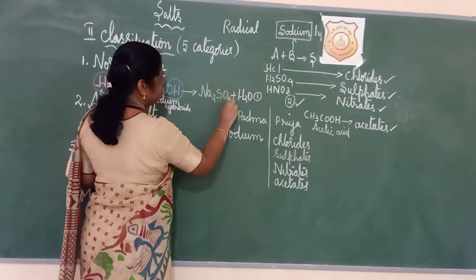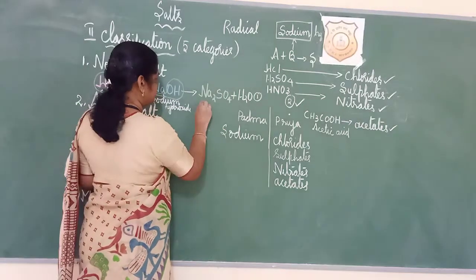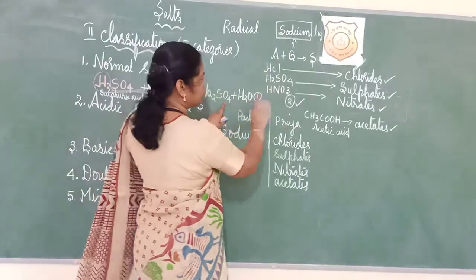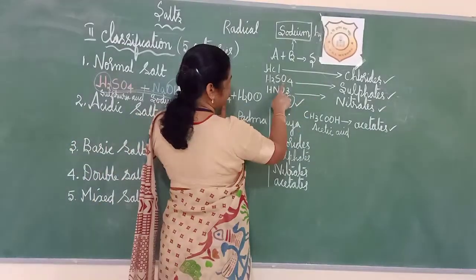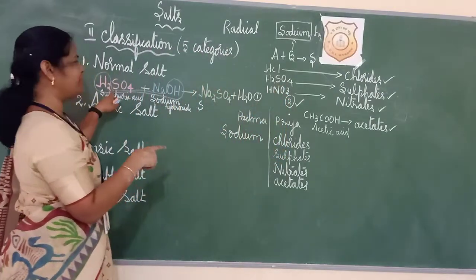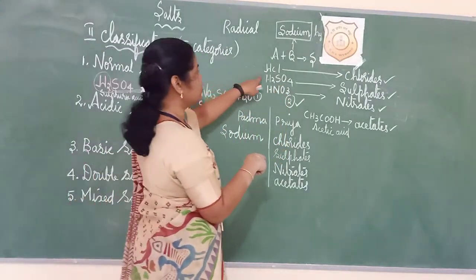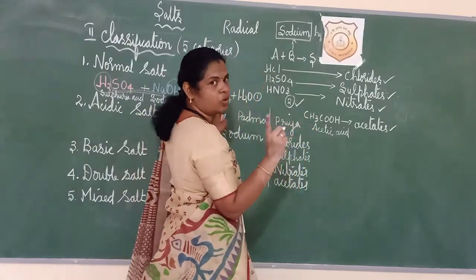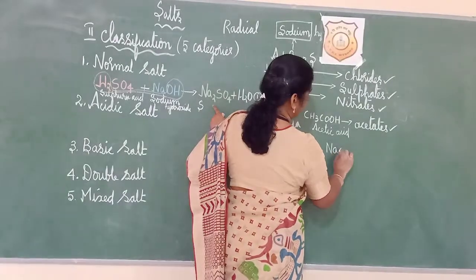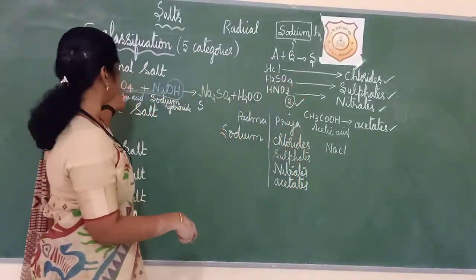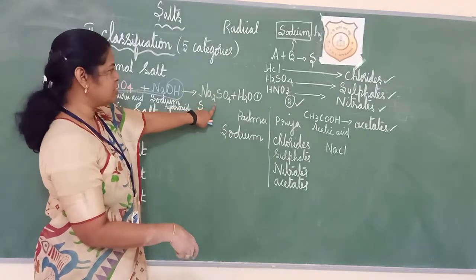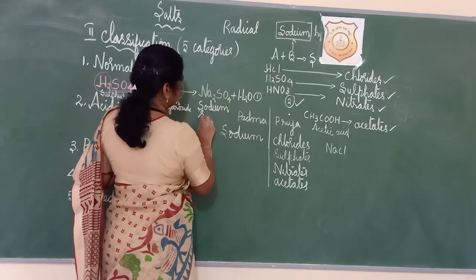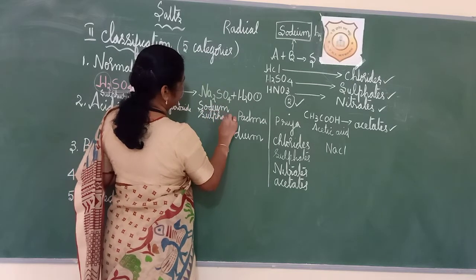Who is this Na2SO4? Sodium sulfate. This is sodium and this is sulfate. Why is this sulfate? I told you, see here, one parent should be sulfuric acid, and we have used sulfuric acid here. In case I had used hydrochloric acid, what would be the name? NaCl, we got in the first one, sodium chloride. But now we have used sulfuric acid, so the salt's name will be sodium sulfate. Got it?